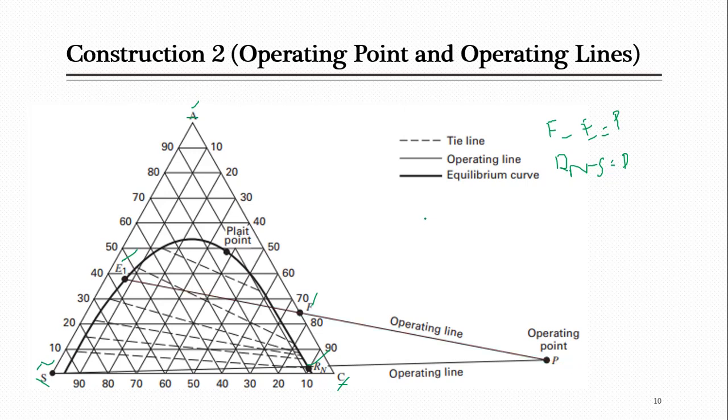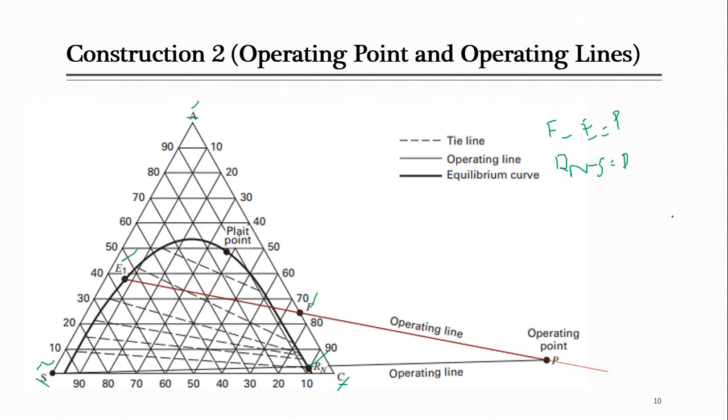If I draw a line which is passing through F and E1 and extend it to some point, just look at this red line which is appearing here. I have drawn it for you. You will start from the E1 point, place the ruler, and draw a straight line which is passing through these 2 points, F and E1. So this red line is drawn, and we have extrapolated it outside our diagram.